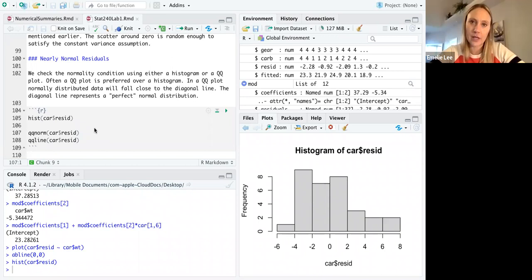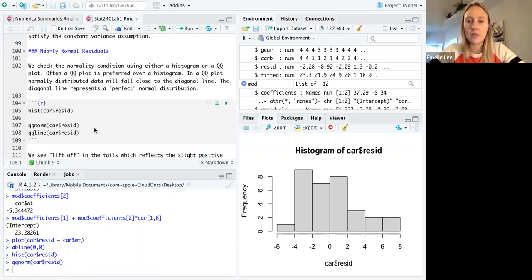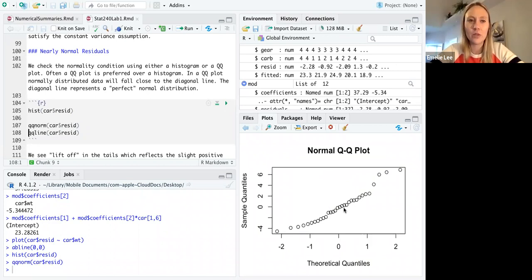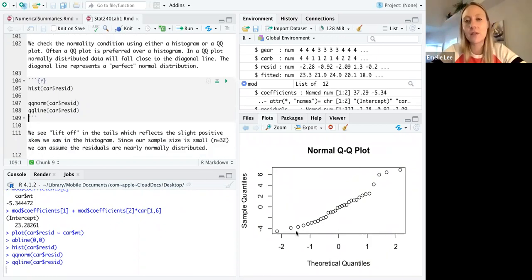But in terms of publication and just in your reports, you should use a QQ plot. So you're going to use the QQ norm command on the residuals, and you're going to get this QQ plot. And then we always add the QQ line, which is a line where the perfect normal distribution would be. So any points that are on the line